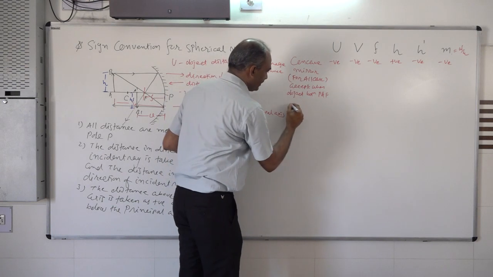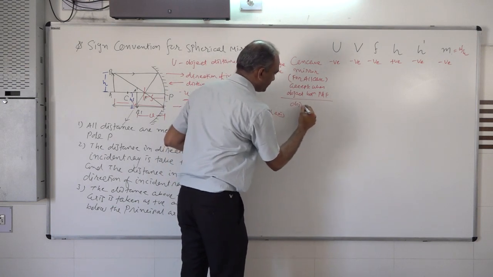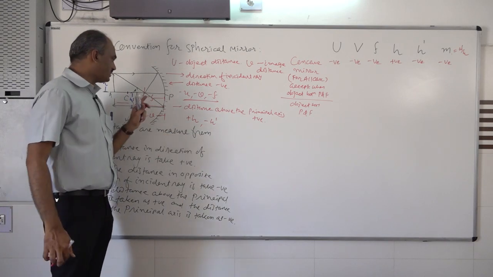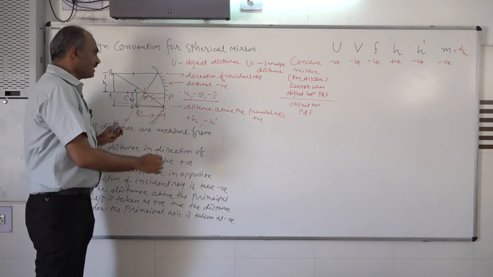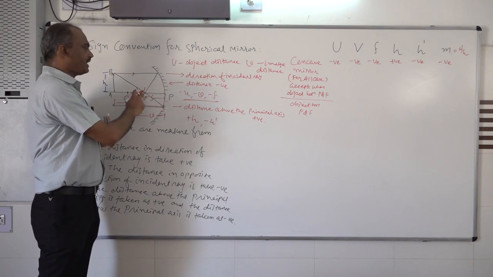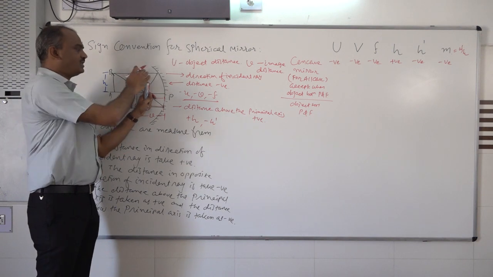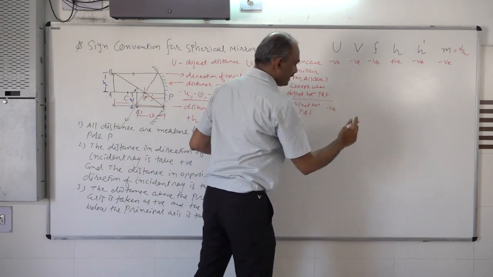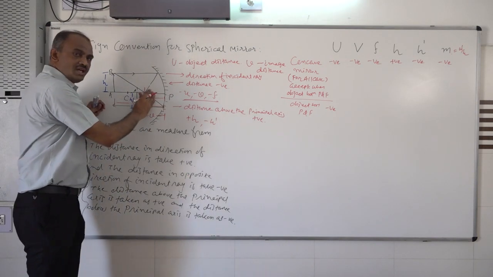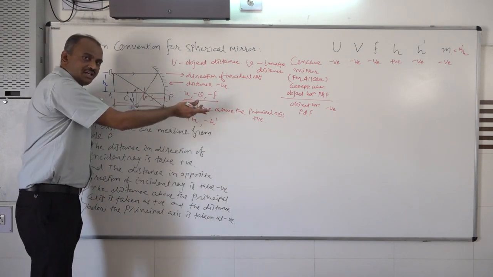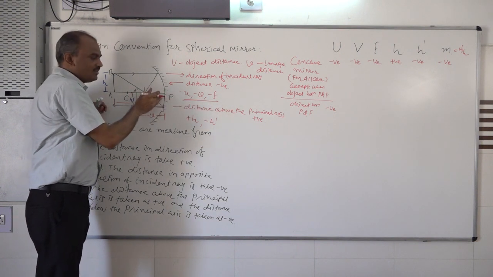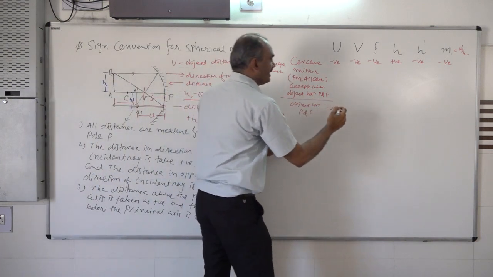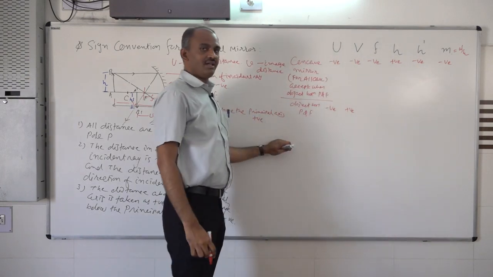Now for the concave mirror, we should consider when the object is between P and F. हमने रे डायग्राम में देखा था कि when the object is between P and F, ऑब्जेक्ट तो लेफ्ट साइड ऑफ द मिरर है, ऑपोजिट टू द डायरेक्शन ऑफ इंसिडेंस रे है, तो ऑब्जेक्ट डिस्टेंस u नेगेटिव आएगा, उसमें कोई चेंज नहीं है. पर at that time the image we are getting is behind the mirror. So the distance of the image is measured from P in the direction of the incidence ray. So at that time v is positive.